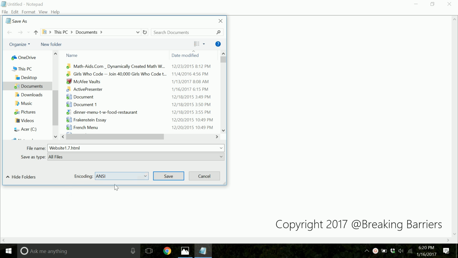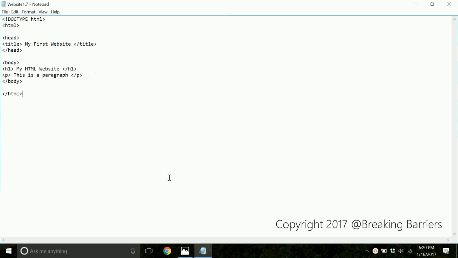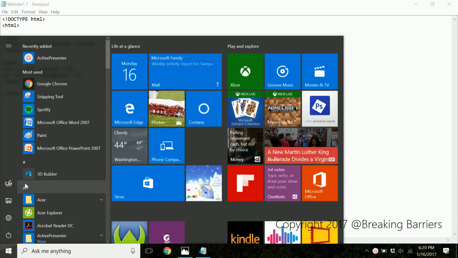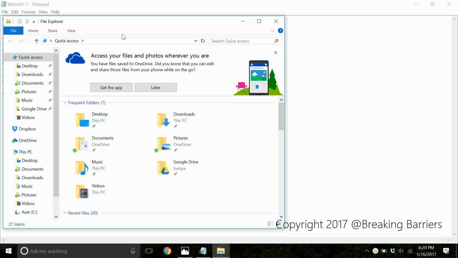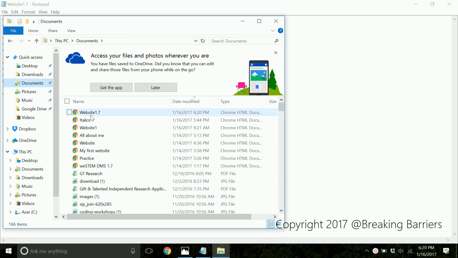Now, there may or may not be an encoding on your screen. So this is basically going to tell the computer what kind of language you use to code this. And basically this is going to tell the computer that it's English. So once you're done that, just click on save. Now you must be like, where's the website? So just go back here and go to My Computer. So once you're in My Computer, just go to Documents, and hopefully your thing comes up. If it doesn't, try looking for it, but if you can't find it, just raise your hand and I'll try to help you out. So now just double click on it,